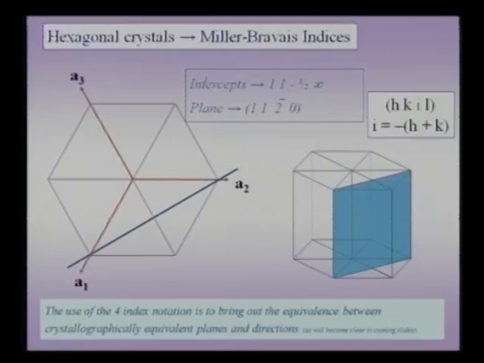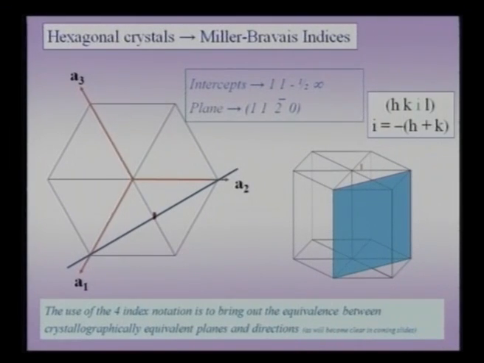So, I start with Miller-Bravais indices. So, I start with my intercepts. So, intercept along the A1 direction is 1, the intercept along the A2 direction is 1. Now I have an additional redundant index A3 and my intercept along the A3 direction. So, the A3 direction is in this direction. So, it is along minus A3 and it is half the distance. So, at this point it is minus half. So, it is 1, 1, minus half, and along the C direction it is infinity,